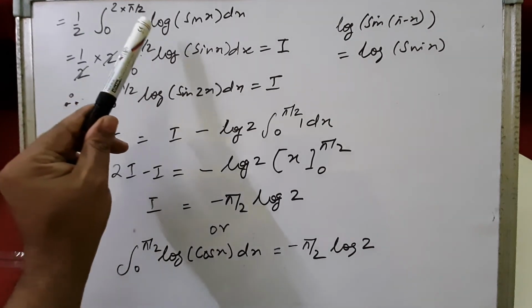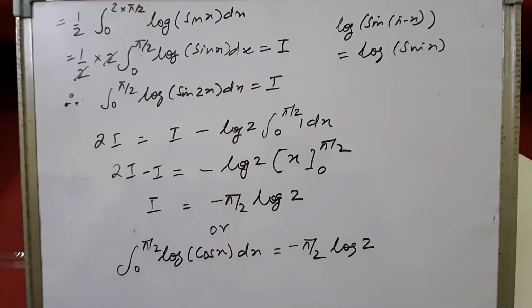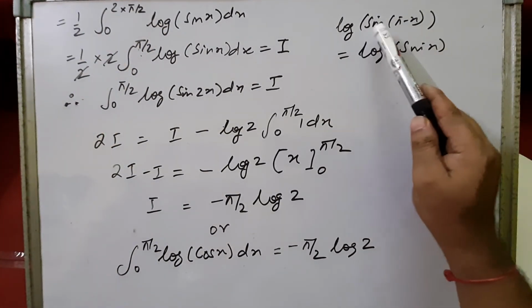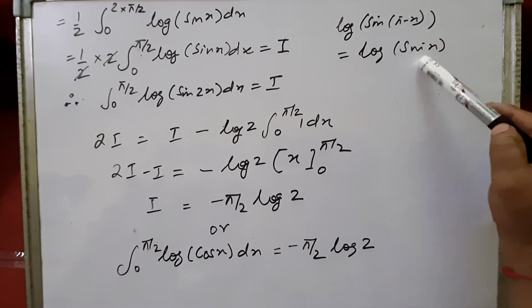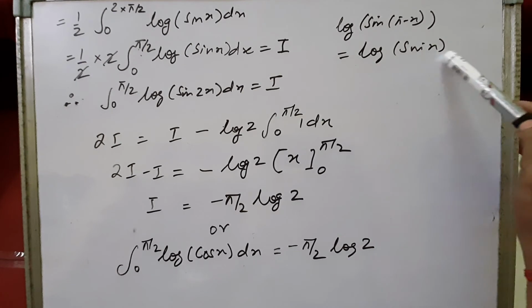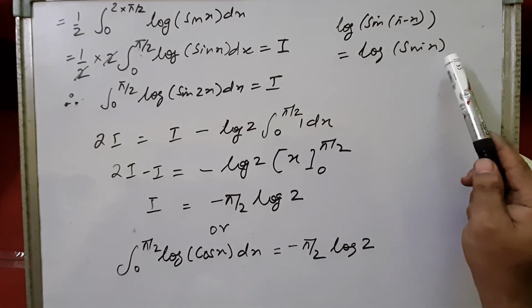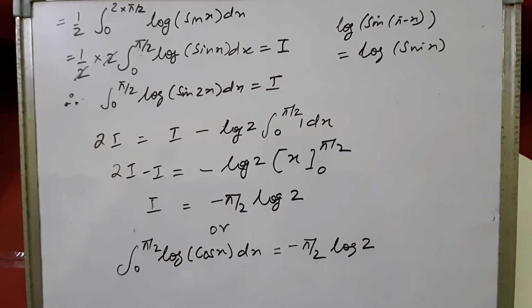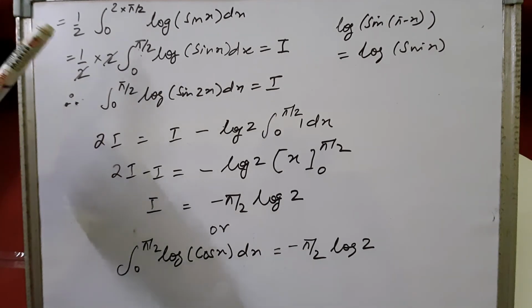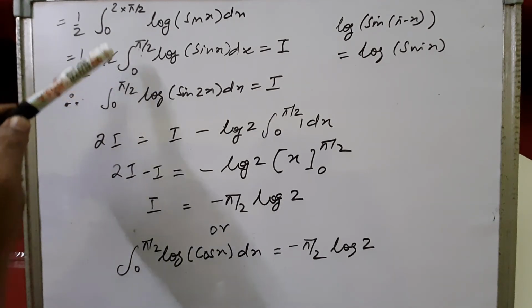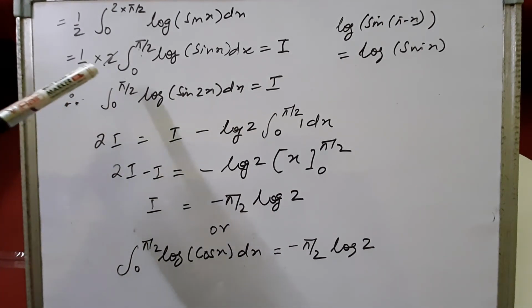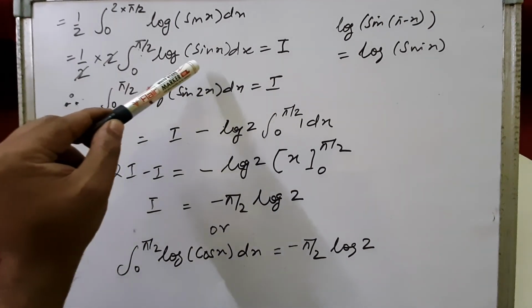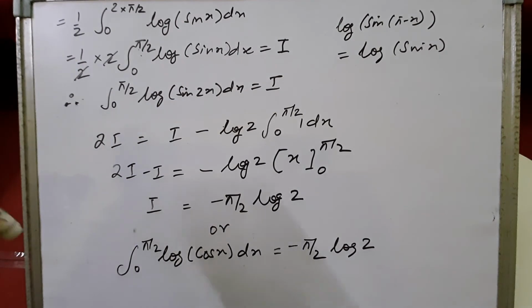So now let's see, here 2a is pi. Log of sin (2a minus x), which is pi minus x. So sin (180 minus theta) is sin theta. Log sin x, that is f(x). So that means f(2a minus x) equals f(x). So the result will be 2 times the integral from 0 to a of f(x) dx. So 2 will come out, the integral from 0 to pi by 2 of log sin x dx. So this 2 and 2 will get cancelled. The integral from 0 to pi by 2 of log sin x dx can be written as